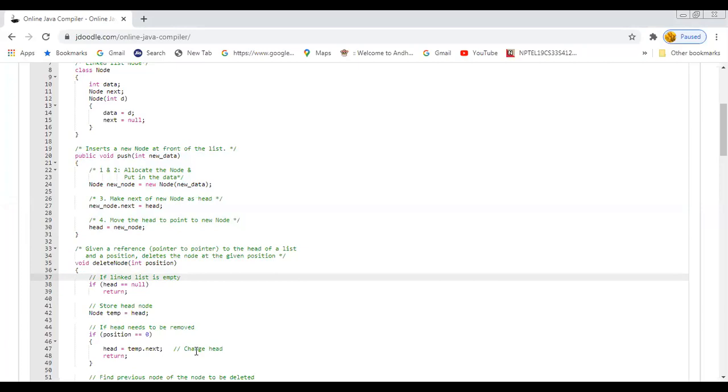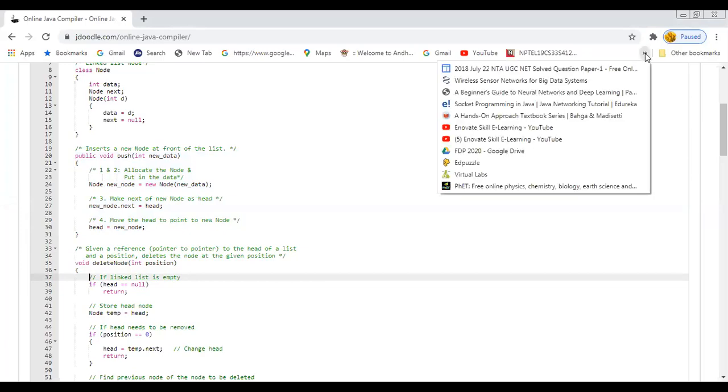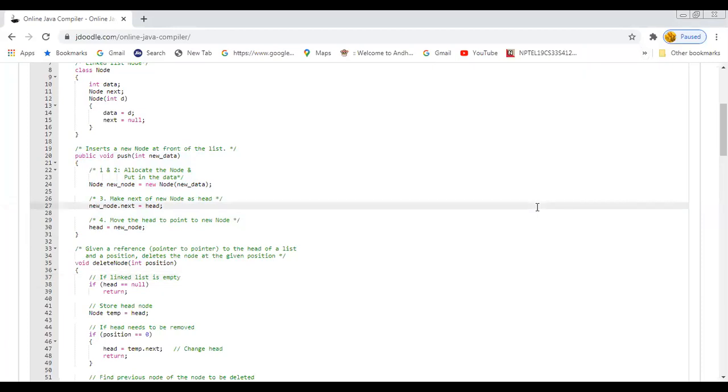If you want to delete from the starting position, what do we have to do, and if we want to delete from the middle, what do we have to do, and if you want to delete at the end, that is the last node, what way are we supposed to do it. For all these, we need to specify the position from which we want to delete a node. So we take the position from the user, and this code will delete the element at that position.